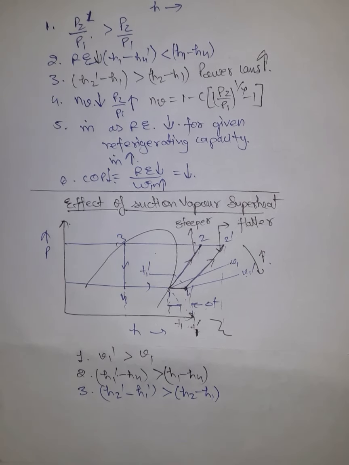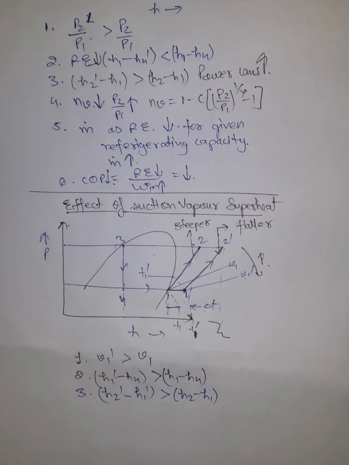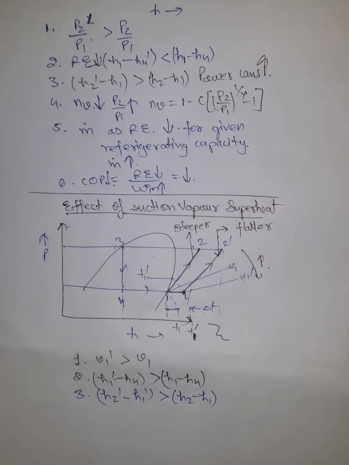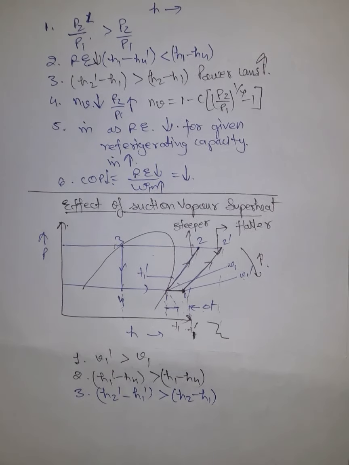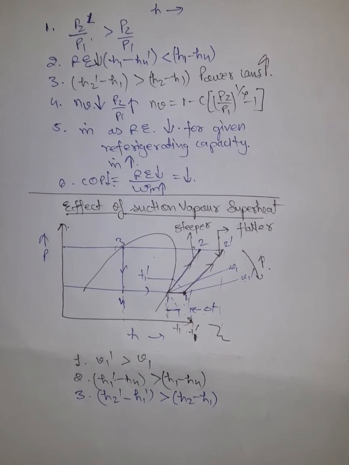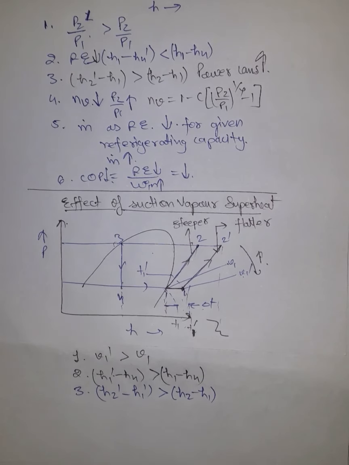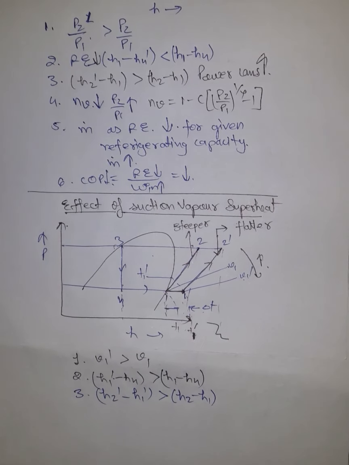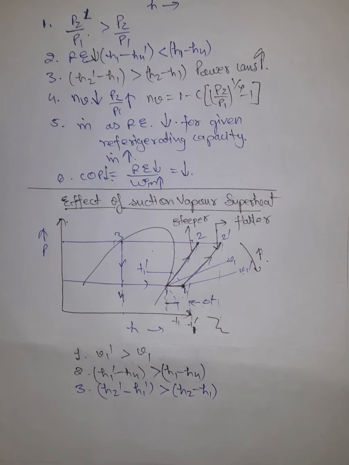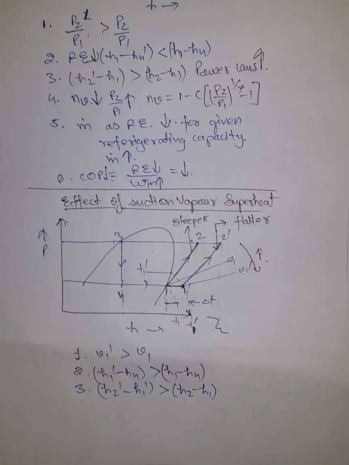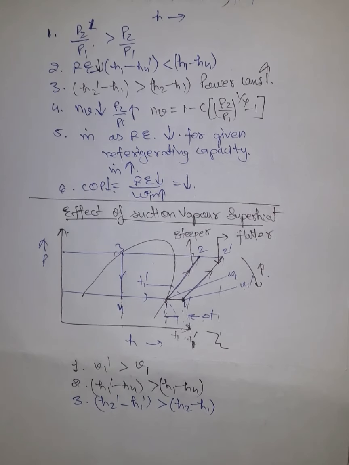Now the net effect of superheating varies from refrigerant to refrigerant. In the earlier construction videos we talked about this point also, that for certain refrigerants it increases the COP, but for certain refrigerants it decreases the COP. So you can see that video to look for which refrigerant it increases and for which it reduces. So that's all for the discussion on this topic.